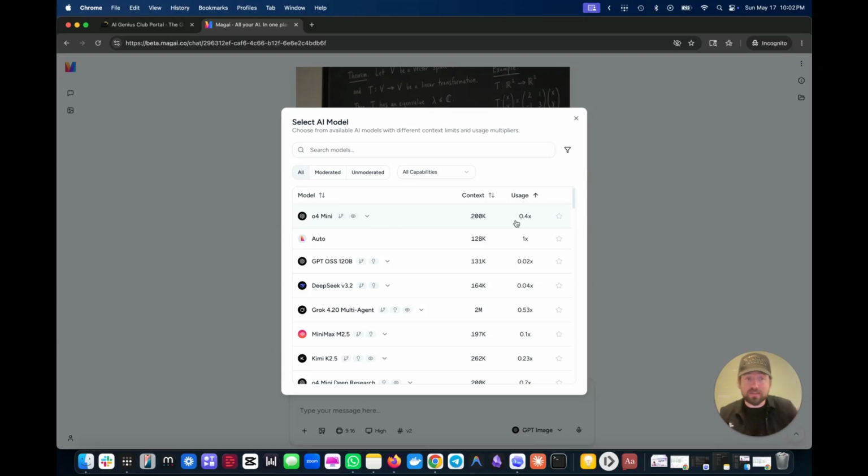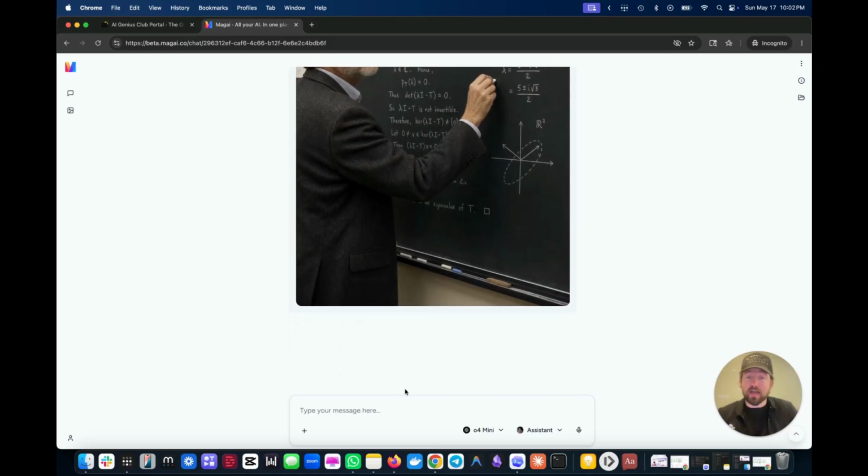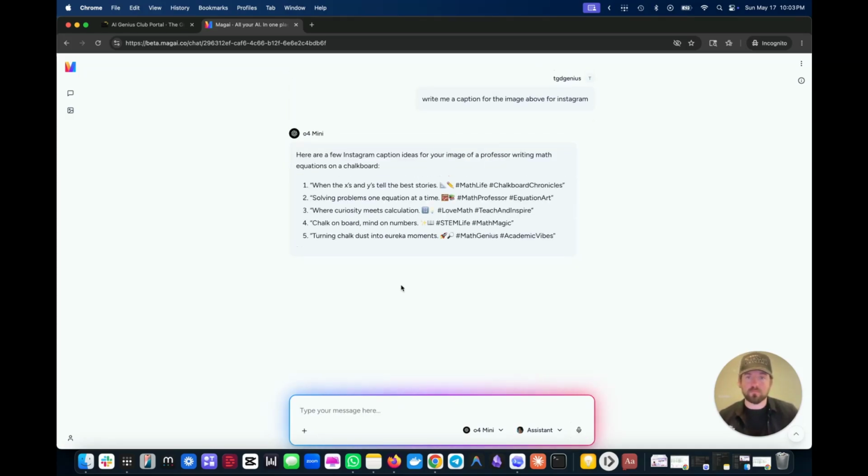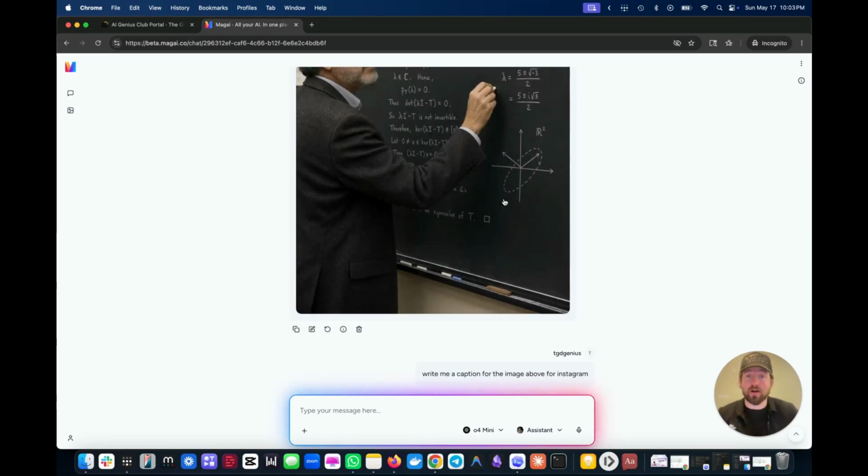It's still very intelligent. It doesn't have the highest level reasoning abilities, but for what I'm about to do here, which is a relatively simplistic task, I don't need a super intelligent, super high reasoning AI. So I'm just going to say, write me a caption for the image above for Instagram. And here you go. It's written 4 different captions for Instagram that I could use that are appropriate for this